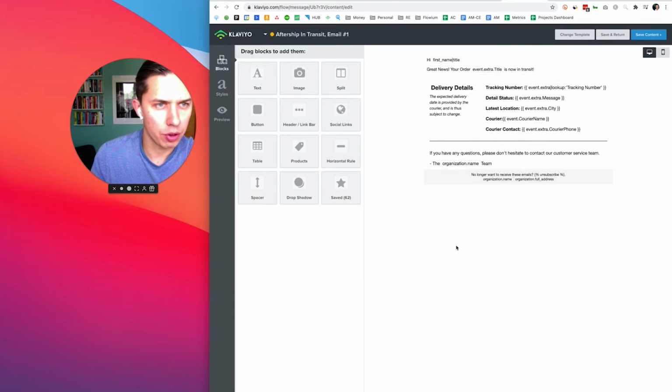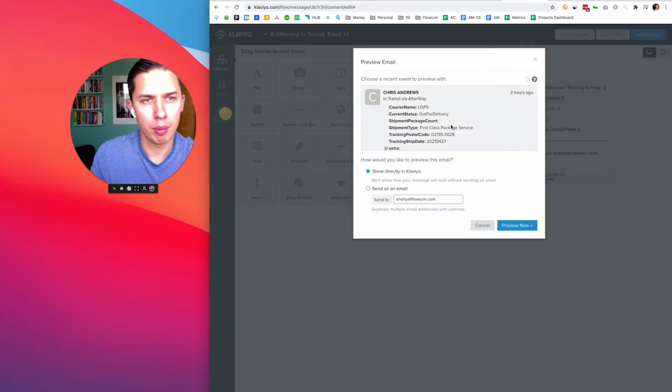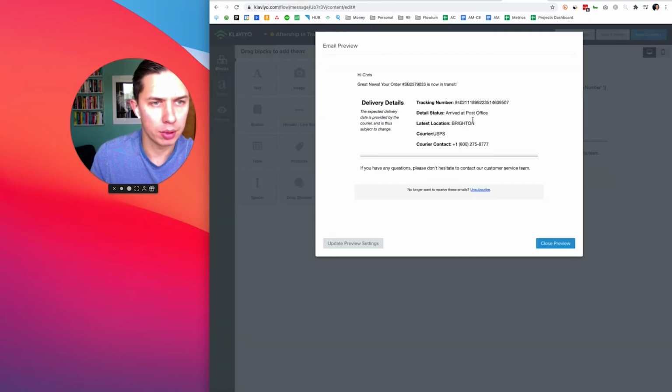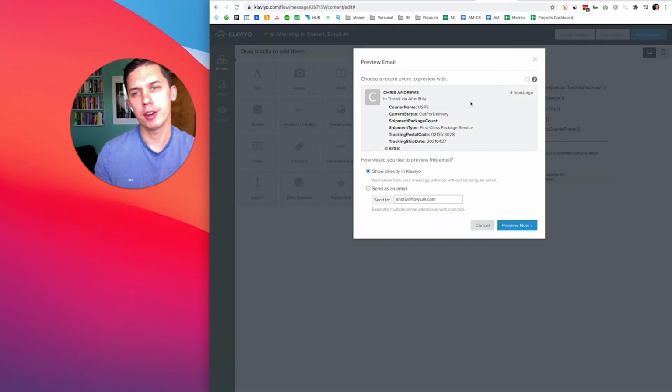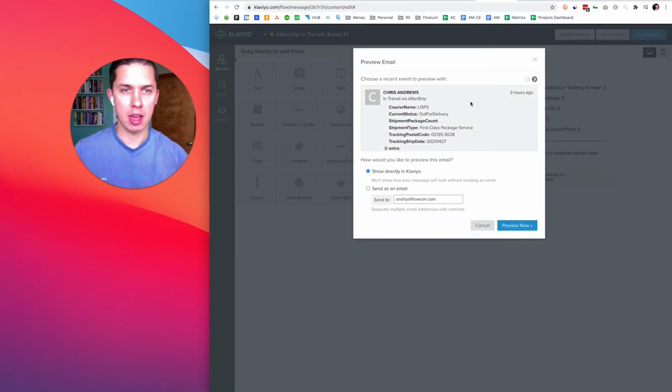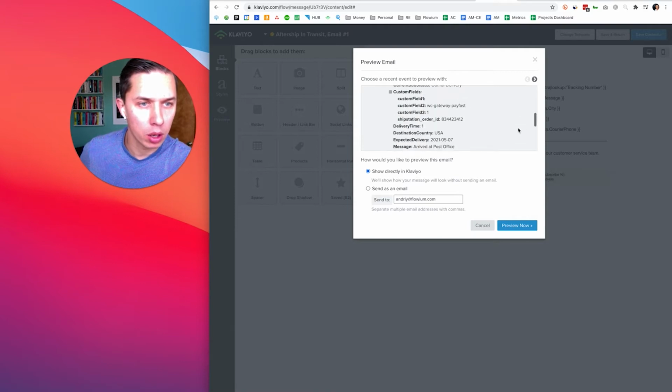And where do we have tracking? So here's a tracking number. You see, Klaviyo already pre-populated that. You see, this is arrive at post office. But how to make this link clickable? What you do, you click on preview, and preview carries all information for that specific trigger, and that trigger is in transit via AfterShip. And we are looking for a link